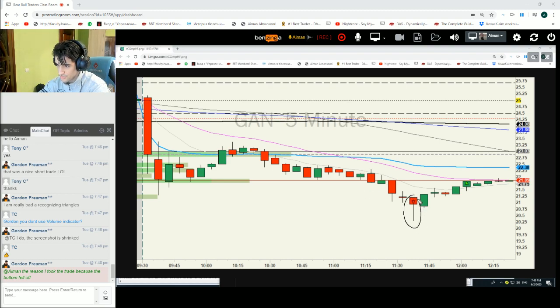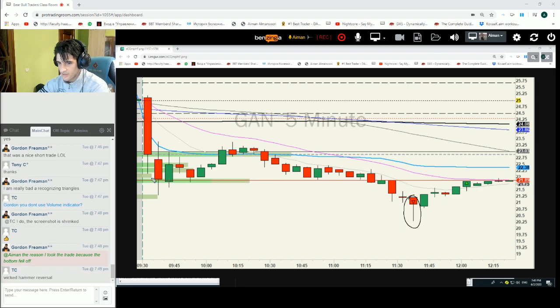Then this candle closed as a hammer right there. So even if the stock pulled back all the way to the previous support area, acted as resistance and did a new low, I wouldn't take it to the short side. And I talked about this in my previous trade reviews. I don't love